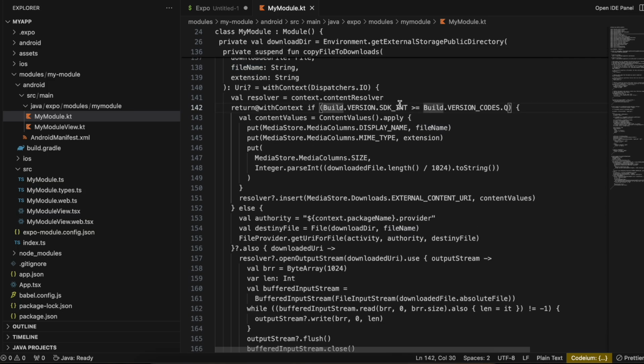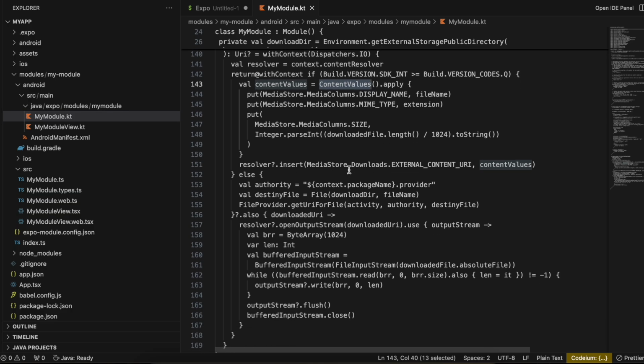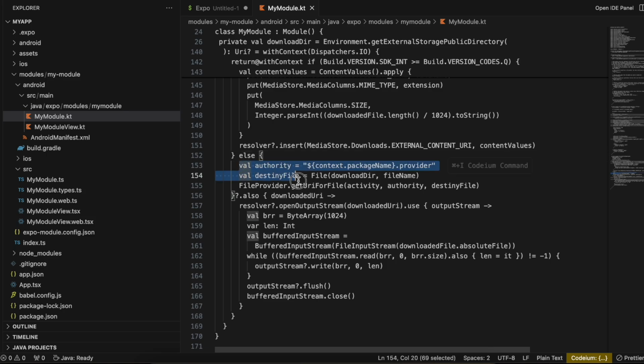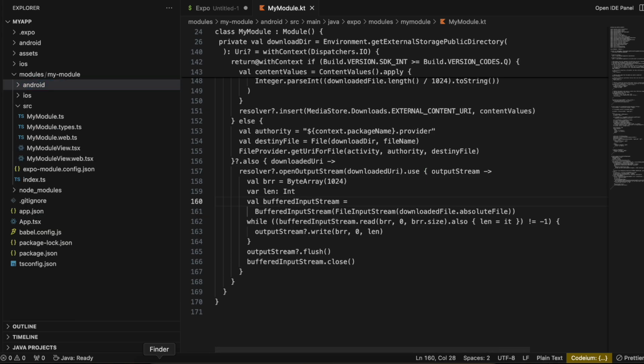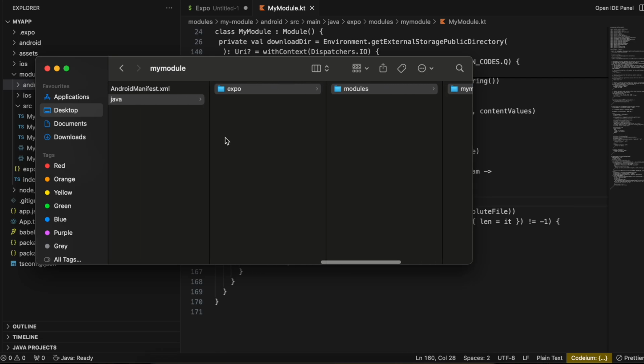If you are above Android Q, then you have to make use of ContentValues. Now even I am not really good at this, I have just copy pasted the code, but for below Android Q you will have to use something like this. So again, I have just copy pasted it. I'm not really good at this, so you can copy paste it too. So yeah, that's it for the Android side. I'll just close it. Next, for iOS,